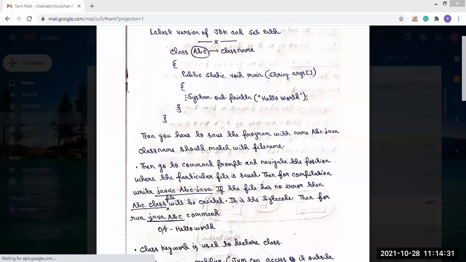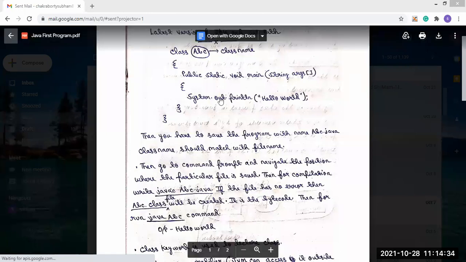Then you will explain all these keywords like this.